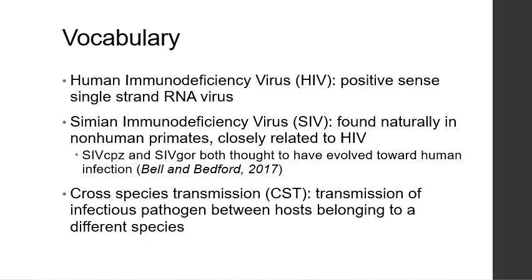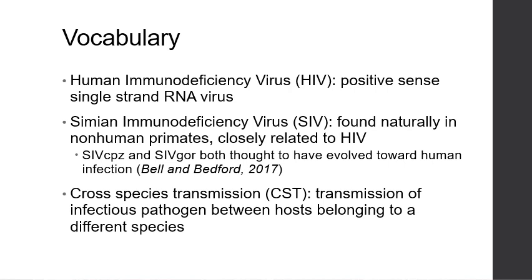HIV is a positive sense single-strand RNA virus. It is closely related to SIV, which is simian immunodeficiency virus. SIV is found naturally in non-human primates. Specifically, SIV-CpZ and SIV-GOR are thought to have been the original virus that HIV evolved from. CpZ indicates that that strain was from the West Central African chimpanzee, while GOR indicates that strain was from the